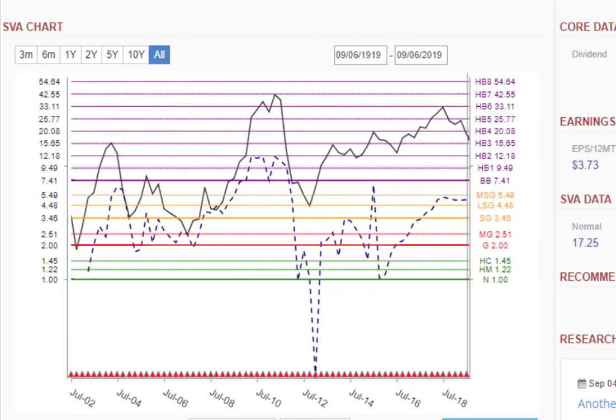Netflix, wow, is this volatile or is this volatile? Here's the initial run, the setback, and look how big those setbacks can be, from 16 times book down to 3.5 times book. Again, a second run up to 42 times book, down to 3.5 times book as the earnings collapsed. This time around, the stock price has run up with the fair market value, but the earnings here, you see, they've sort of capped out,